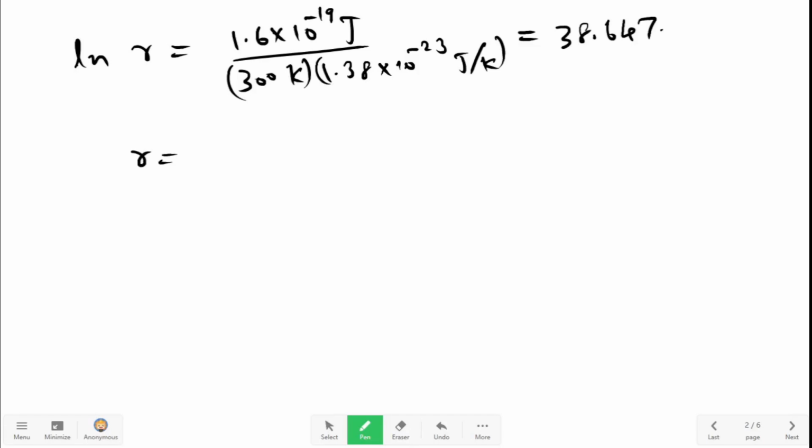Therefore, we take the exponential on both sides, and we get R equal to